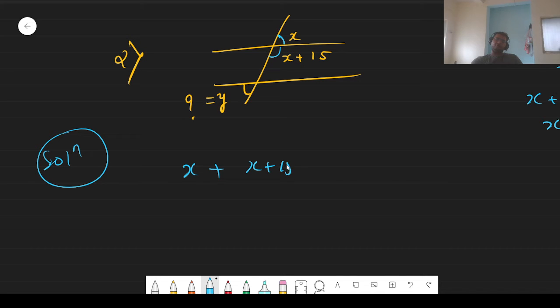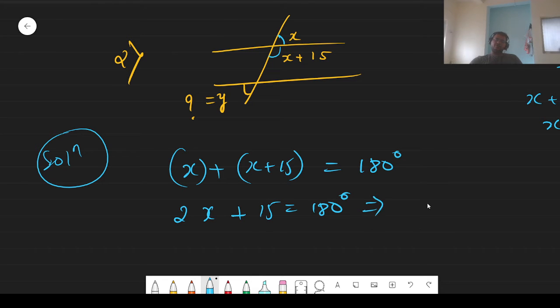x plus 15. Okay, x plus 15. The sum of both the angles will be equal to 180. Fine. So x plus x becomes 2x plus 15 equals 180 degrees. Here I can solve it further. I can write 2x equals 180 minus 15, which will be equal to,